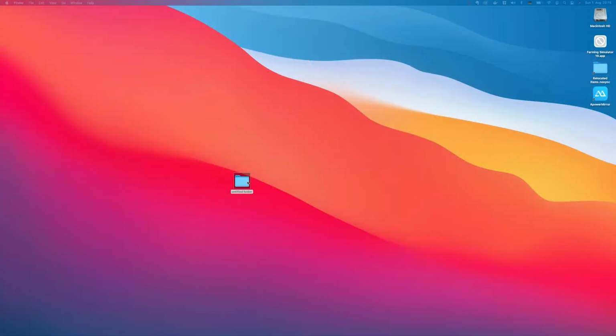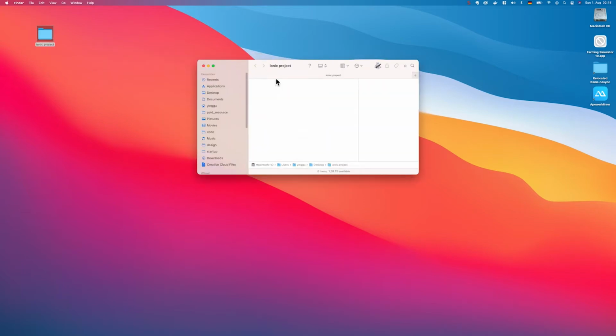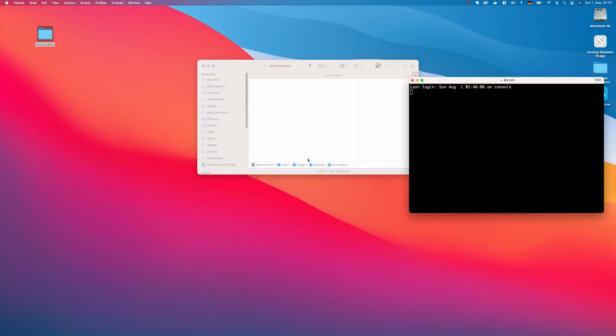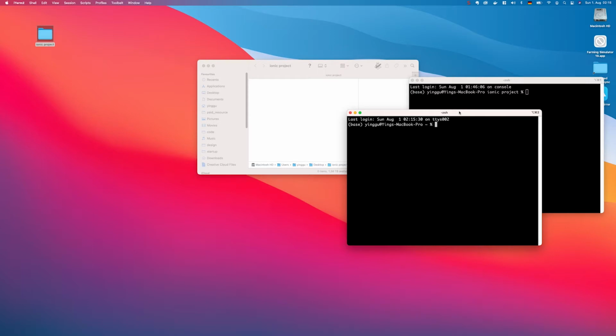So let's create an Ionic project. It is very simple. You just at first need to install the Ionic command line tool. I suppose you have already installed it. If not, just run npm install -g @ionic/cli. Then make a folder called, for example, Ionic project, and then